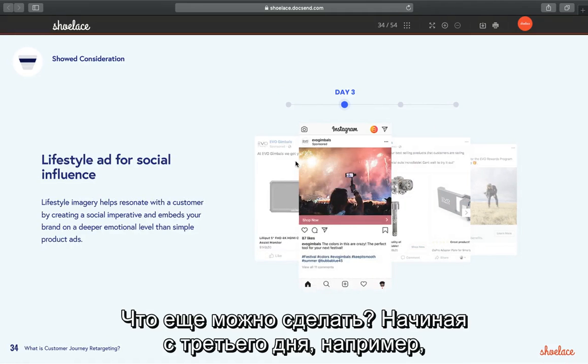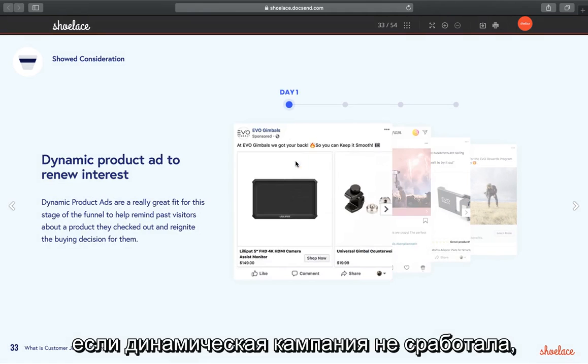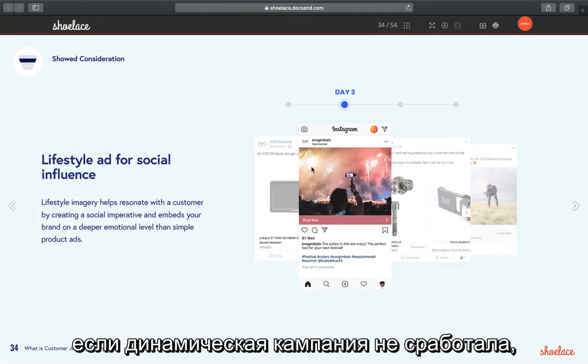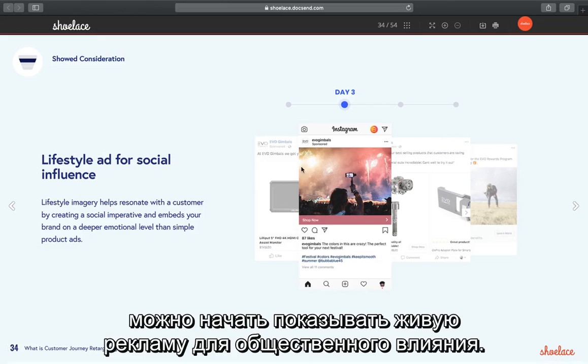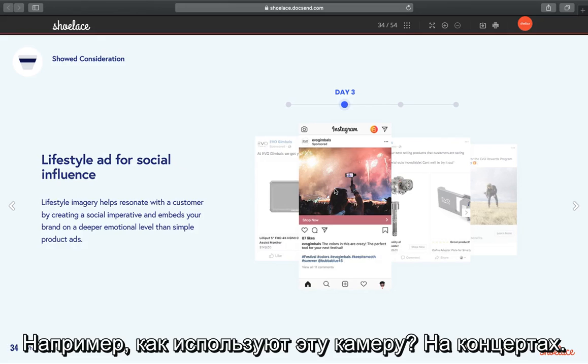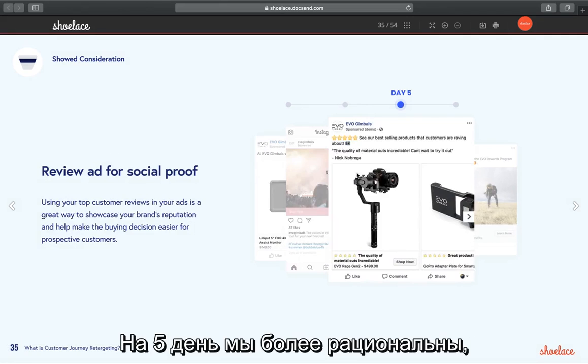From day 3 on, for example, if the normal DPA campaign, the dynamic product ad campaign, didn't work until then, we can start showing lifestyle ads for social influence. So for example, how this camera is actually used at a concert. Day 5, we are even more